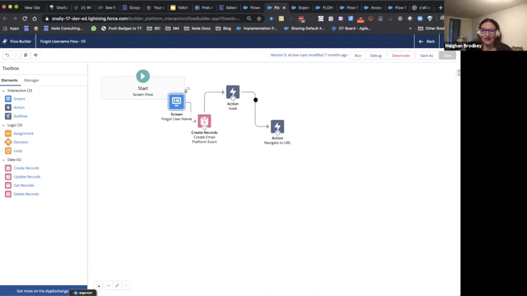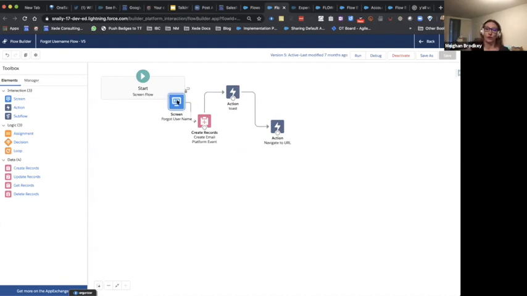So we tried that same thing with this forgot username, and we ran into some problems because it just wasn't going through, because the user wasn't getting the email, or they were hitting an error. So we ended up coming up with the idea of platform events just based on the idea of the pause. We also tried subflows first. So this is where sketching things out comes in handy too. We tried a pause, we tried a subflow, and eventually we ended up with platform events as our option,